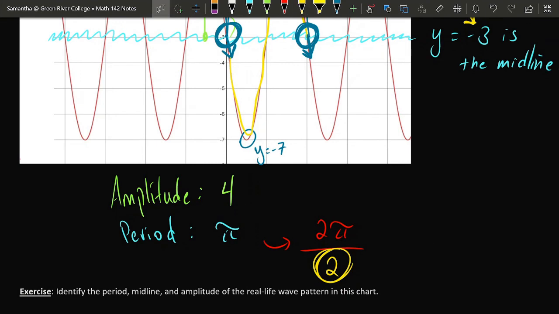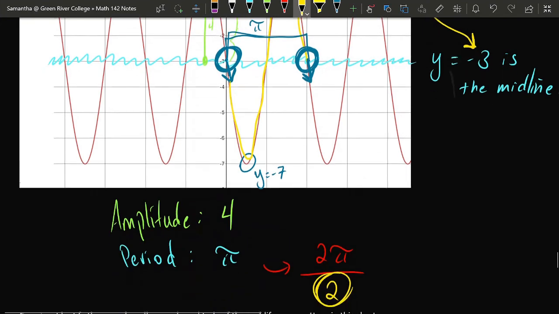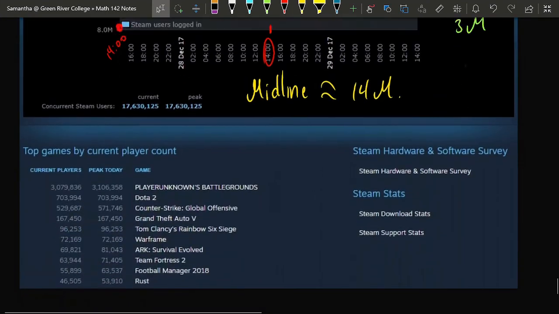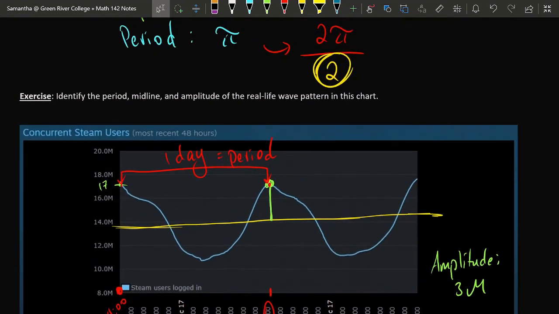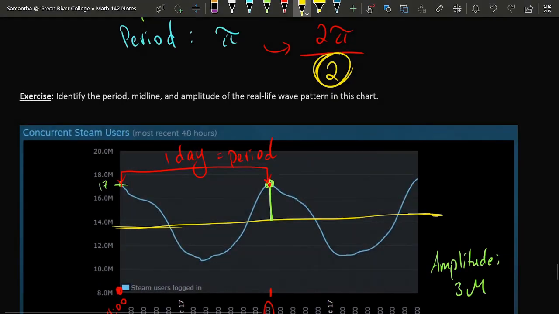This is something that we're going to go into more detail about tomorrow, which is how the constants in the formula for a sinusoidal function are related to the values of the midline, amplitude, and period. That concludes today's material. Today we briefly reviewed the concept of a transformation, and then we looked at 3 features of a wave called amplitude, period, and midline that we used to match a mathematical wave to a real-world wave pattern.